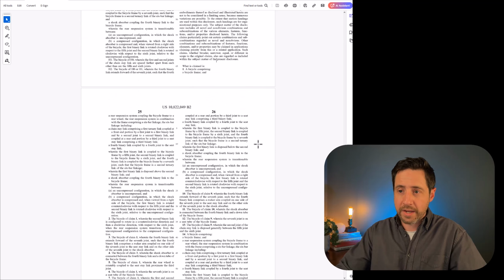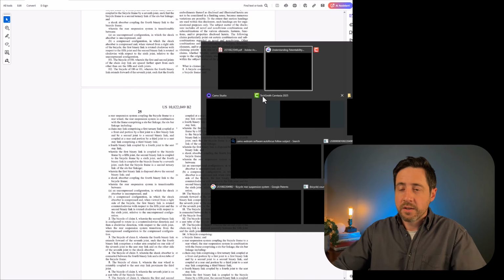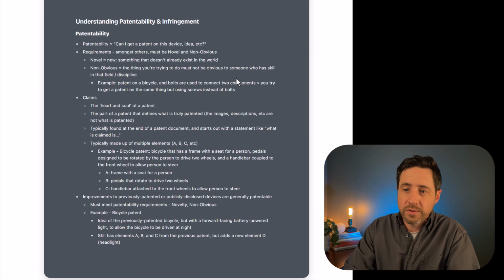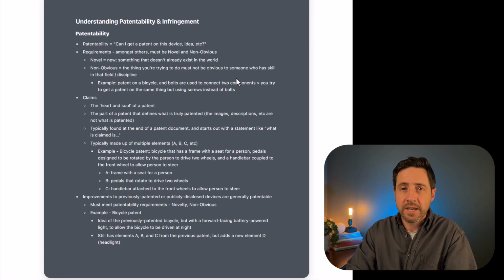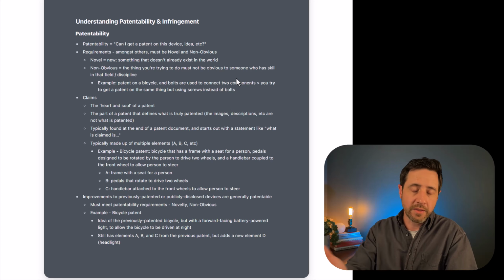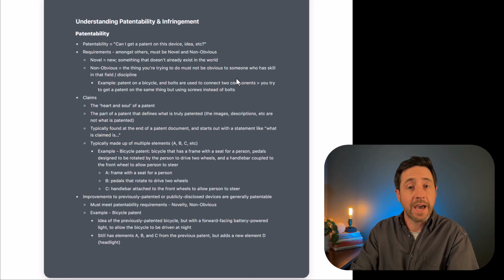So let's switch back. And we will see here that a claim is typically made up of multiple elements. And the elements, let's call them A, B, C, etc. And so in a theoretical, not the bicycle that we just looked at, but let's just use a theoretical bicycle since we're talking about bicycles. Let's say that you have invented, or not you, let's say there's a patent that's already out there, and it's on a bicycle, and that bicycle has 3 elements